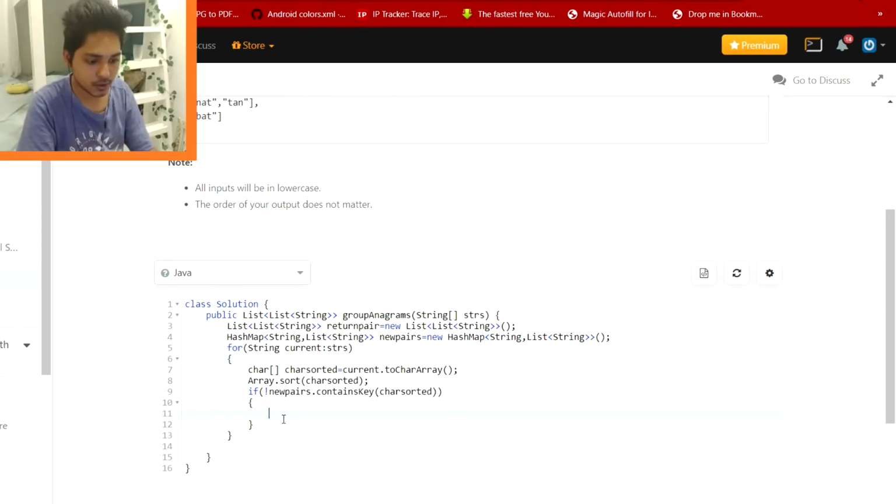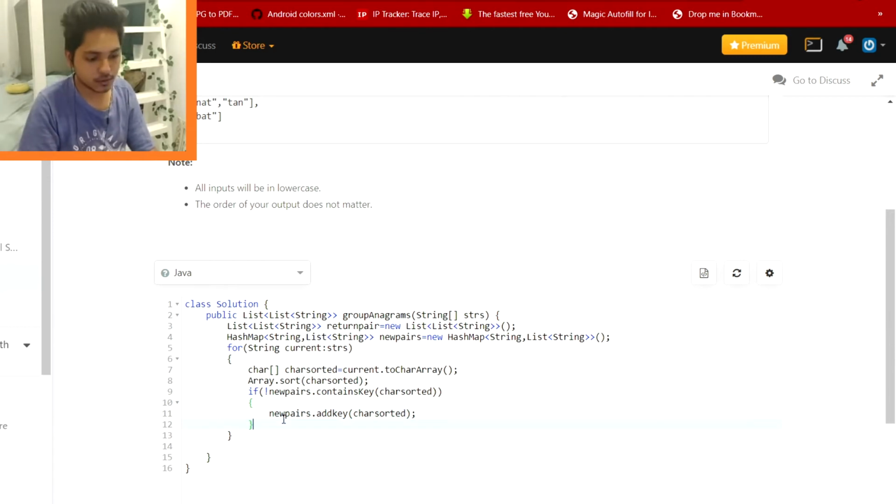So newPairs.add key, add key charSorted, and yeah, that's it, I think.